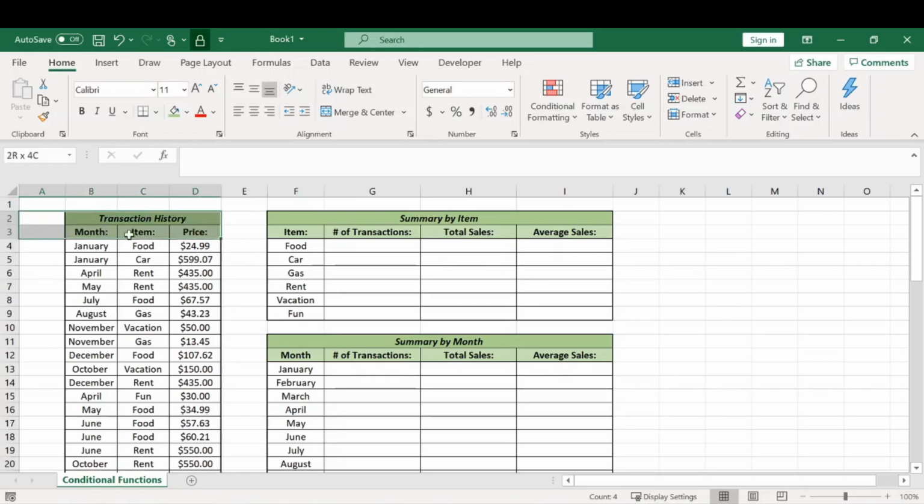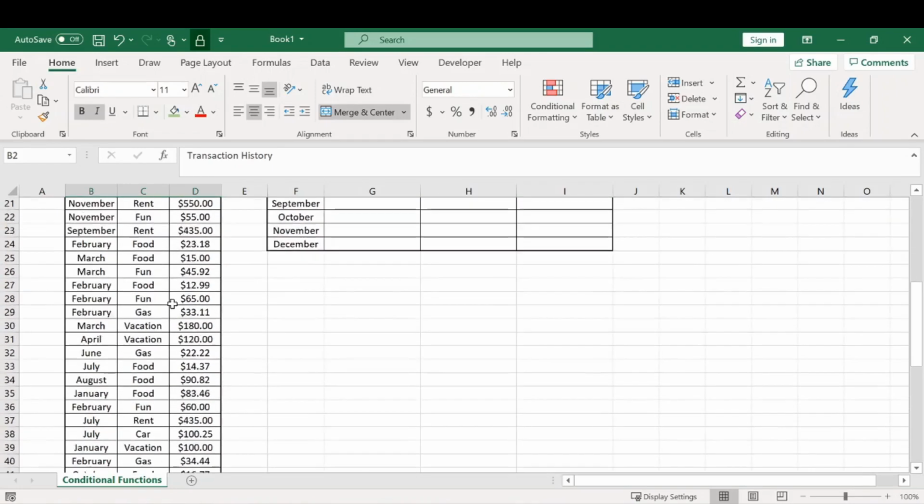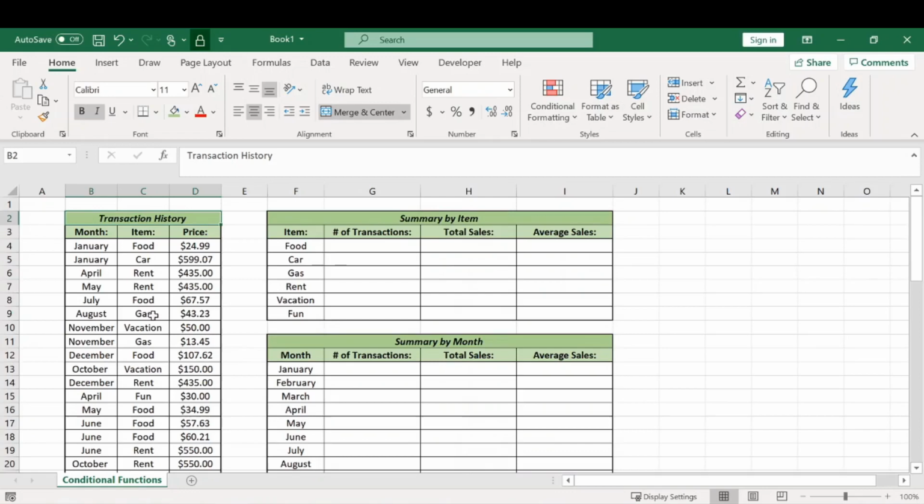Alright, so here I have a little bit of data already set up for me. Here we have a transaction history. So let's say that we recorded our expenses throughout the whole year, and we have this big table. We didn't do it in order though. Alright, so we have each month, the item we purchased, and the price at which we purchased it